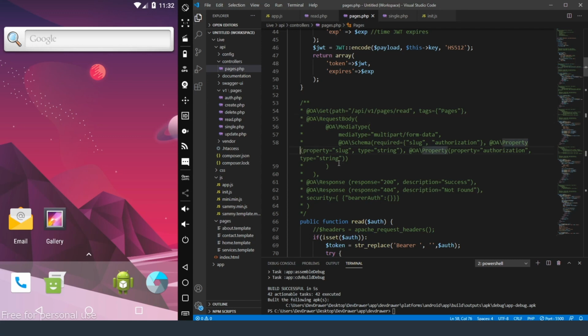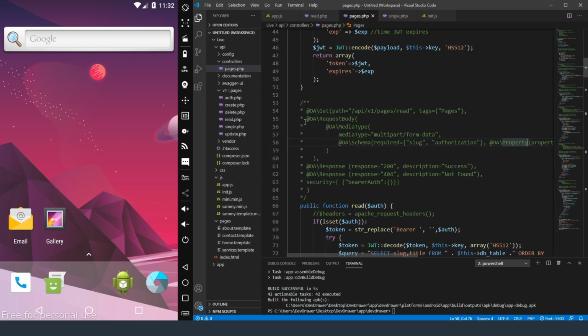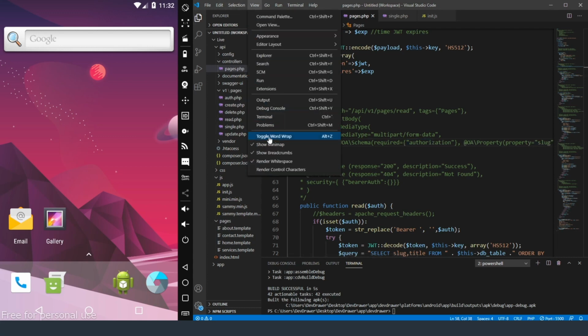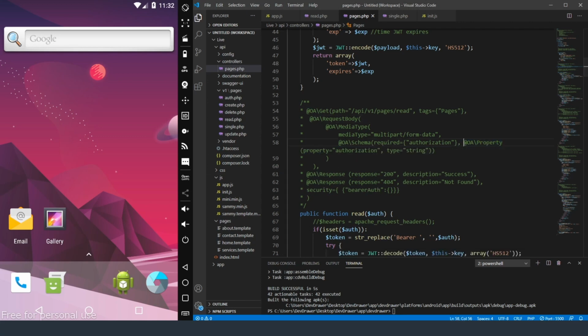And let me see. Take away word wrap for a second so I can make sure it's all in the correct lineup. So we have a little space right here. Alright. We don't need slug on this one because it's going to be getting it for all pages. Let's go back down to toggle the word wrap so you can see it. And we can just get rid of this OA property here. So if we save that and we go back to our browser,